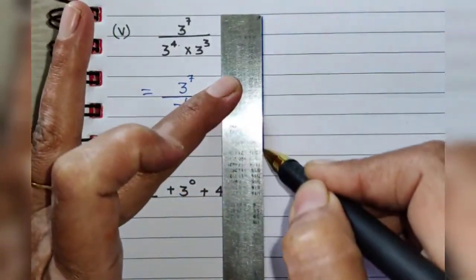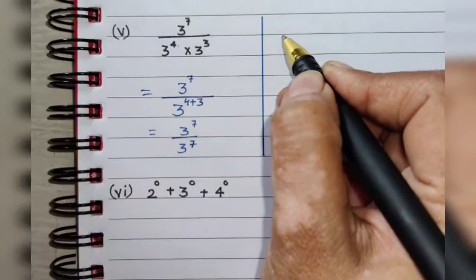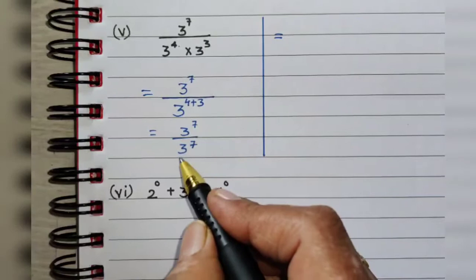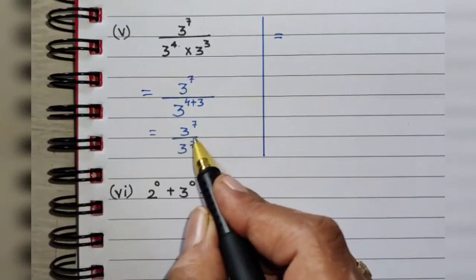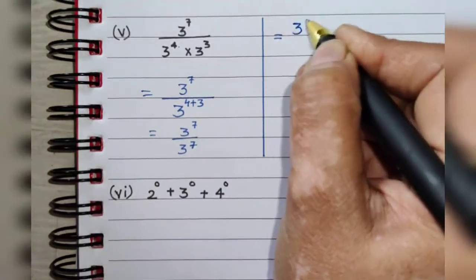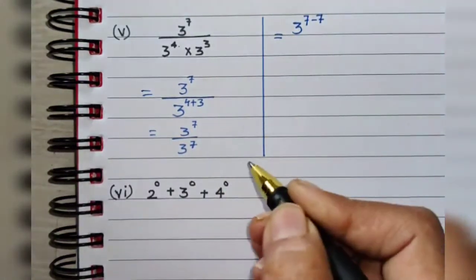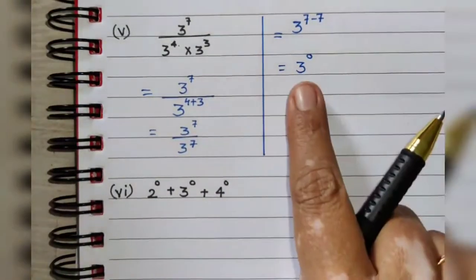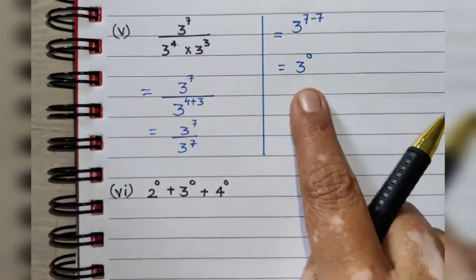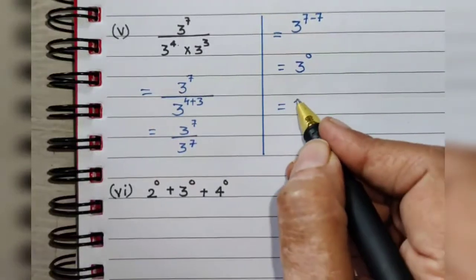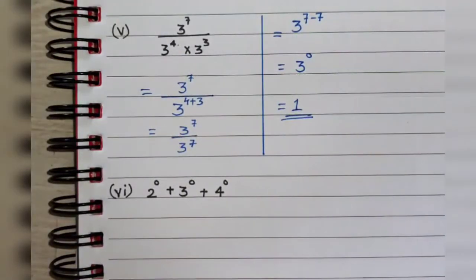That is equals to, now 7 and 7 in division form. This 3 and this 3 are in division form. This line is nothing but division form. Numerator, denominator. So a fraction is in division form. So we have 3 to the power 7 minus 7. So the answer is 3 to the power 0. Now if any number or letter has come with the power 0, then the letters and numbers are removed and we have to write the answer as just 1. You understood, students? So this is how we are going to do it.